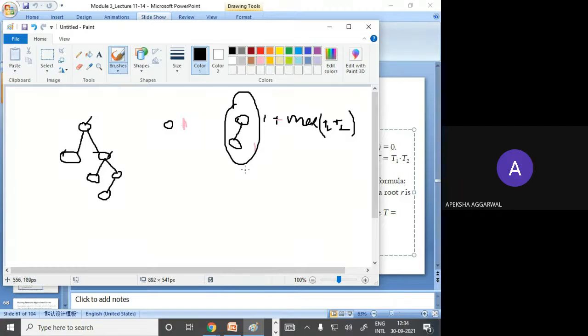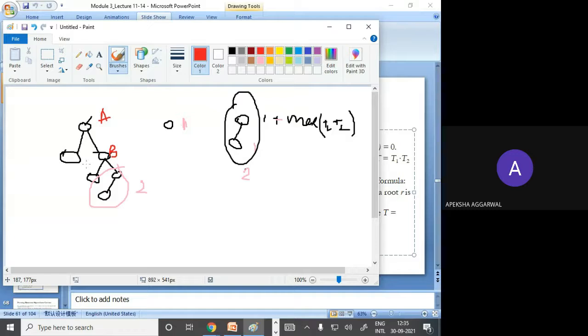Height of this tree, if I'm saying, is 2. So I can say this whole tree is 2, right? How can we calculate the height of this node? Suppose I number it A, and the height of node B. So the height of node B would be 1 plus max of